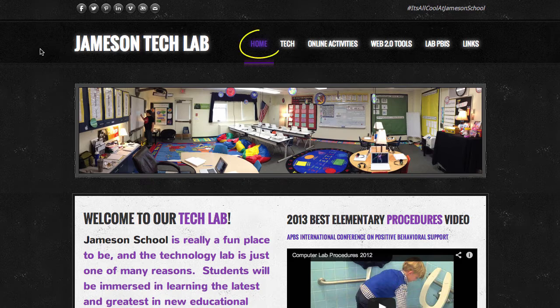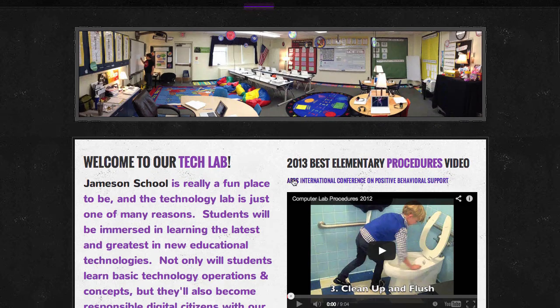So let's begin. The home page, which you're looking at right now, gives you just a basic overview of the tech lab. It's meant to be welcoming and give you a glimpse of all the hard work our students put in when they're in the technology lab. To the right, as I begin to scroll down here,